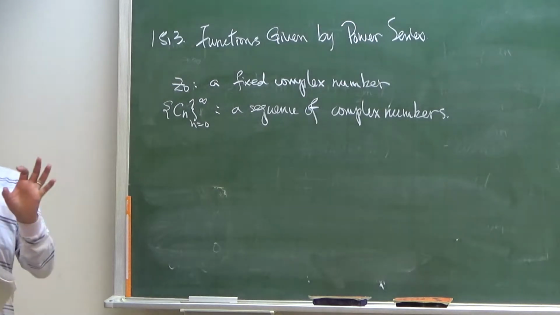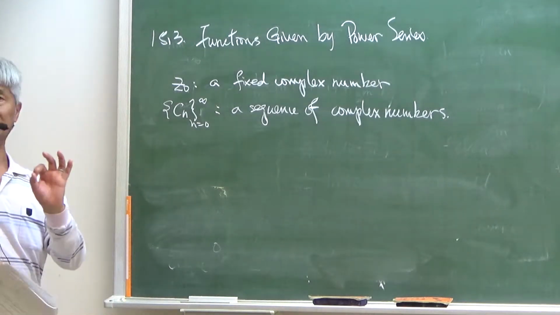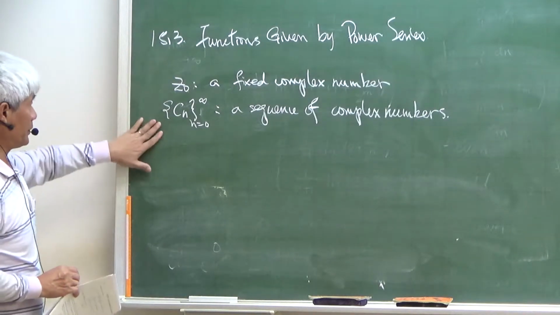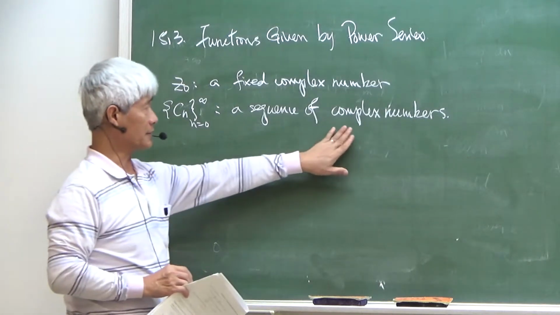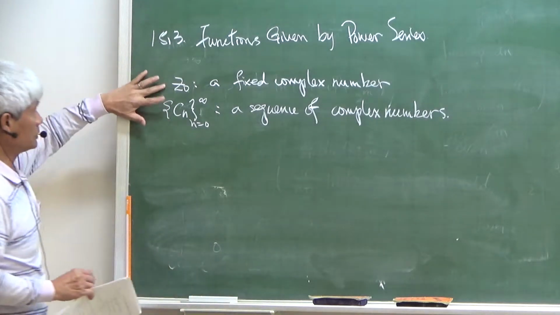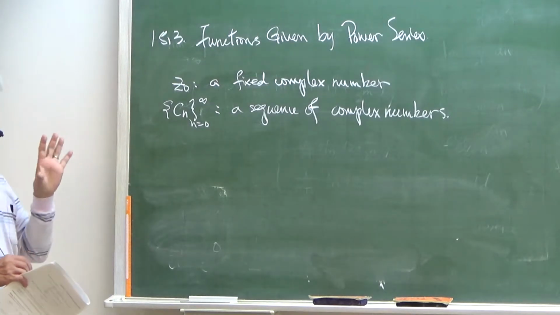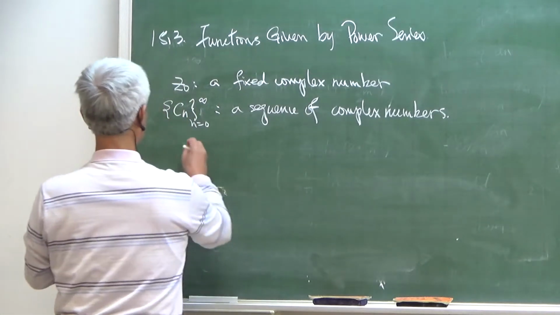Okay, so to define a power series, you have to give the center of the power series, a fixed complex number, as well as a sequence of coefficients, a sequence of complex numbers. These two data give you a power series. So now we define